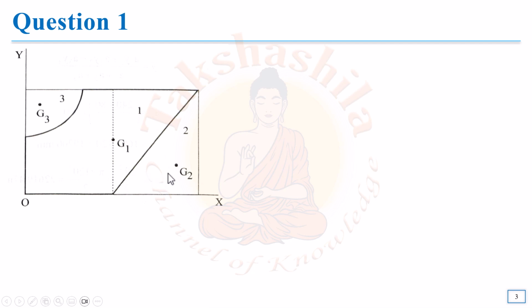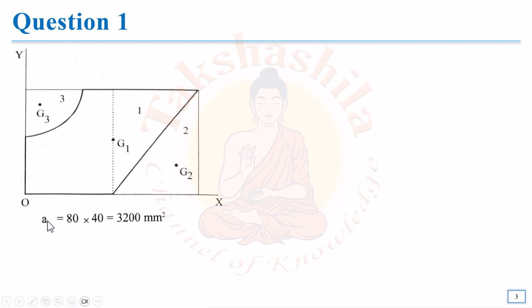Now for these simple shapes, we already know where the centroid will be. Say for example, if you take this rectangle, I know that the centroid will be at L by 2 and B by 2. So approximately I am marking it and naming it as G1 for my rectangle, G2 is the centroid of my triangle, and G3 is the centroid of my quarter circle. Now we have to calculate the areas of all these shapes.